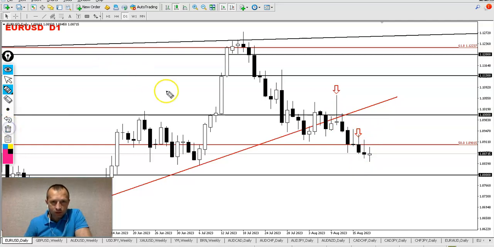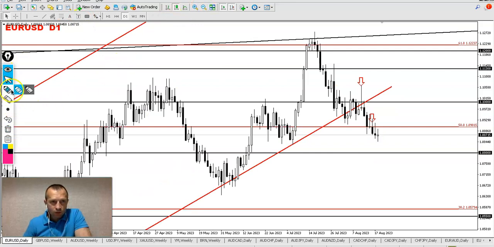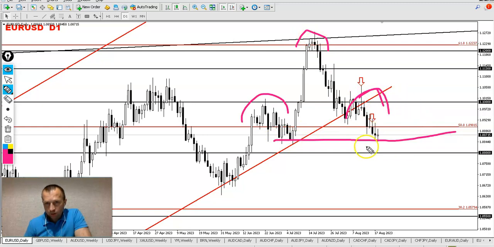And what's interesting, guys, let me zoom out. You can see here it's kind of a head and shoulders pattern. It's left shoulder, it's a head, and this is the right shoulder, and the neckline is here. So we are now around the neckline. So that's why you saw here it's like a pause. We can expect bounce to the upside, some pullback, and then next leg to the downside.